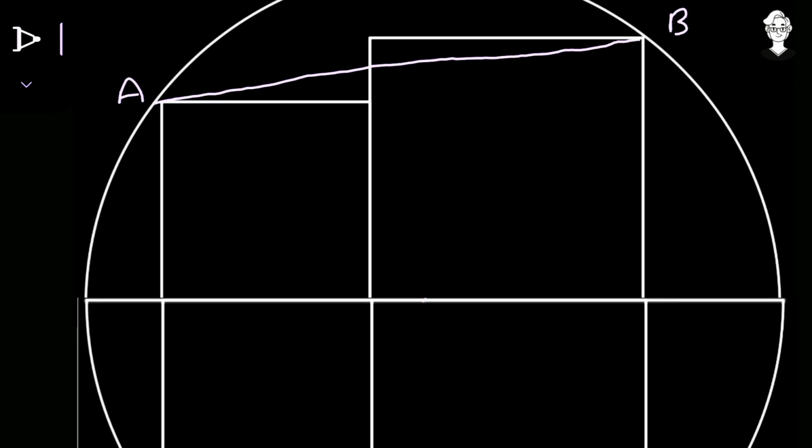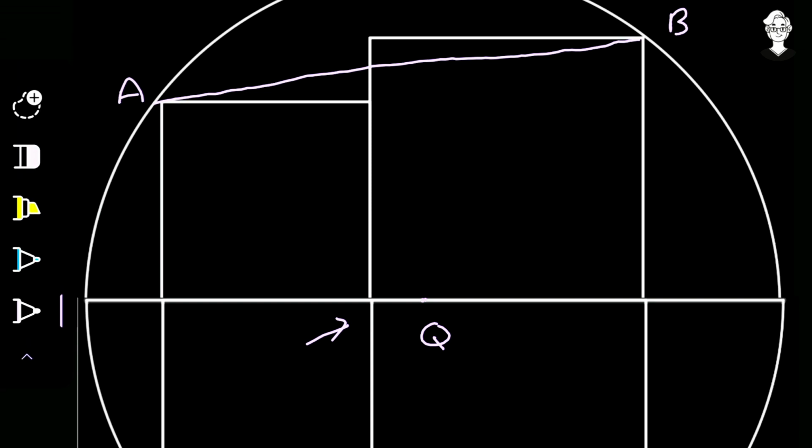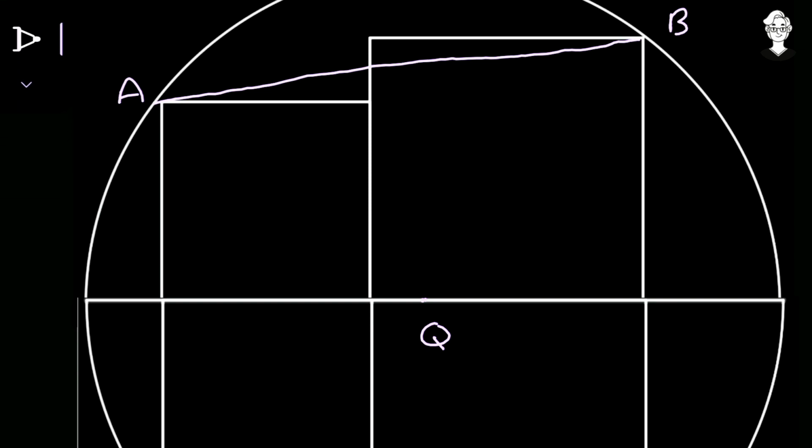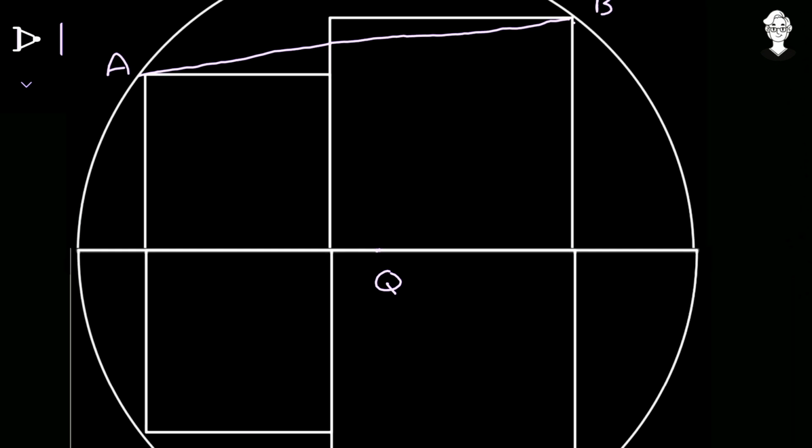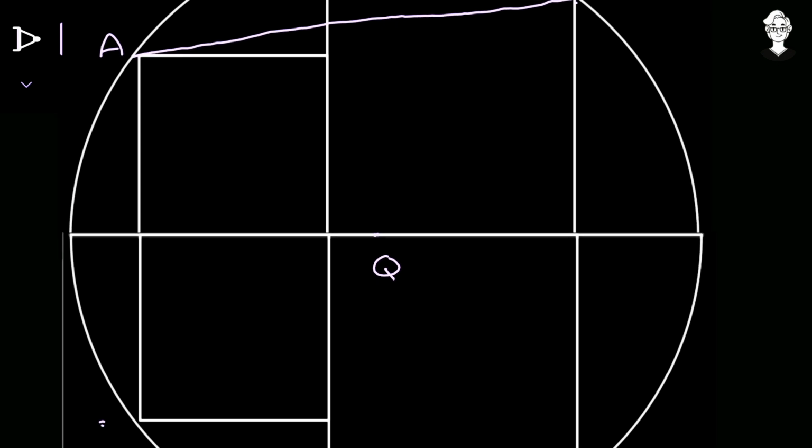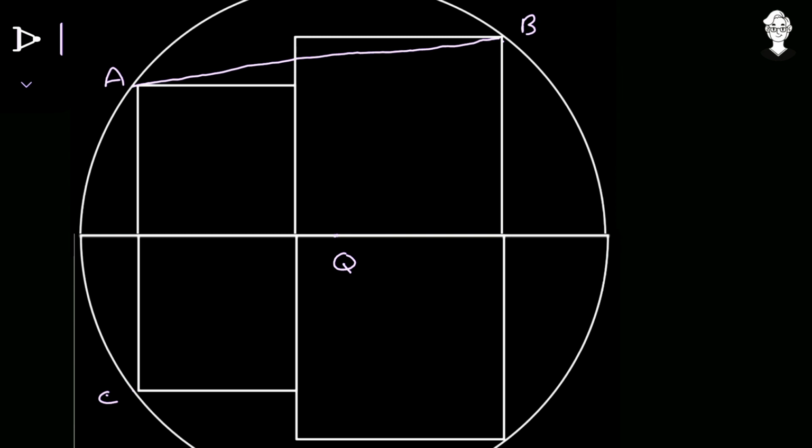Okay. Now on the diameter of this, let us consider the center. So let this be the center and let it be the point Q. Okay. Note that this point is not the center where the two squares intersect. Now what we have to find is the radius of this particular semicircle in terms of x and y. So for that I have to just remove this first of all. Yes. Now what I will do is join a line from B to this particular point, let this point be equals to C. So now let us draw the line segment. So from C passing through this particular point and reaching till B. Okay. Now what we can observe is that this particular line segment, that is from this point to this point, is the diagonal of this particular square.